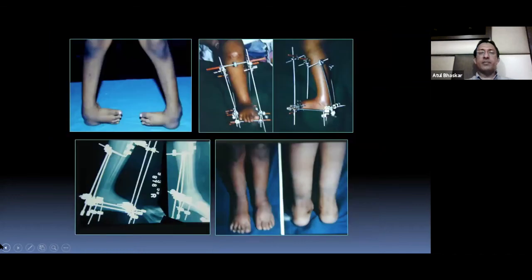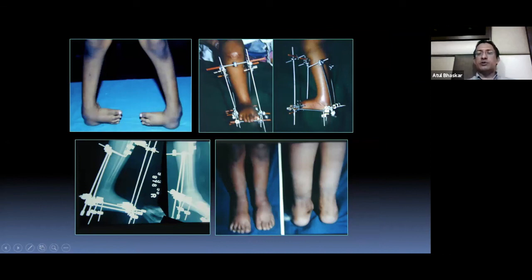So this is the triple arthrodesis done from the classical Ollier's approach, fixed with wires. And you can see we've done a cavus release as well. And we put this wire from the calcaneum into the tibia. So just like I said, if you're familiar with JESS, you should know how to apply the JESS. You have to change the frame regularly. It will give you a stiff plantigrade foot. The correction is very good if you are familiar with the technique.